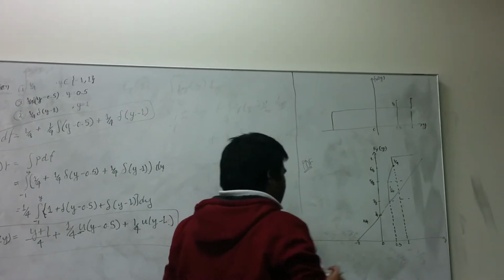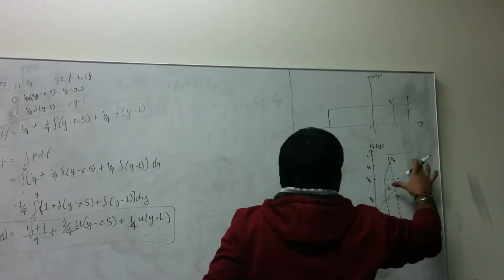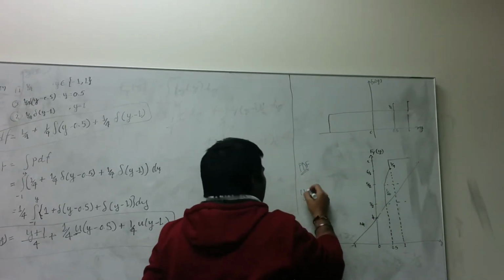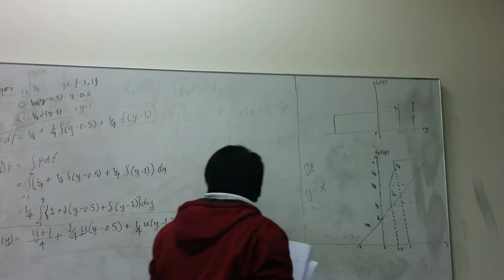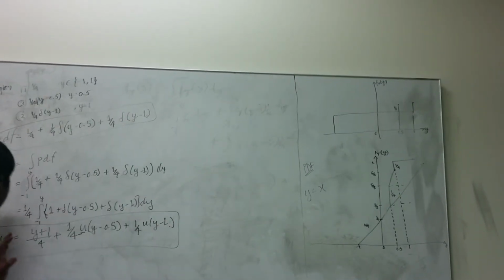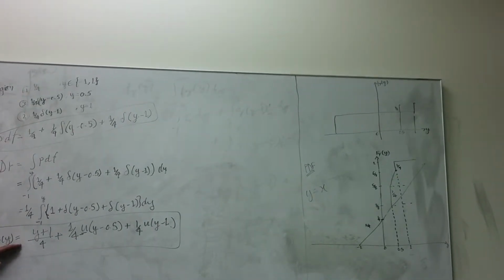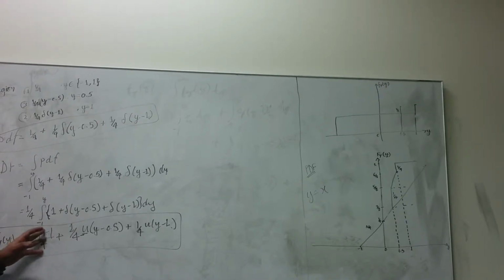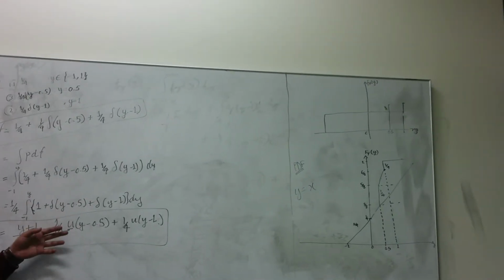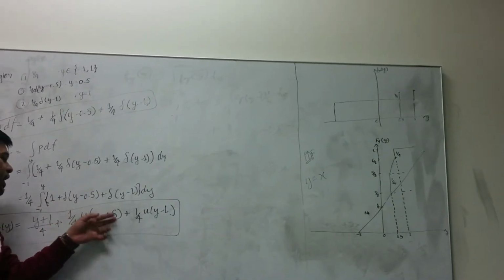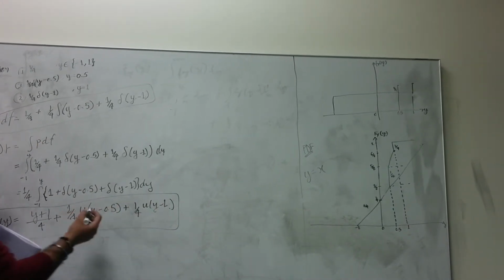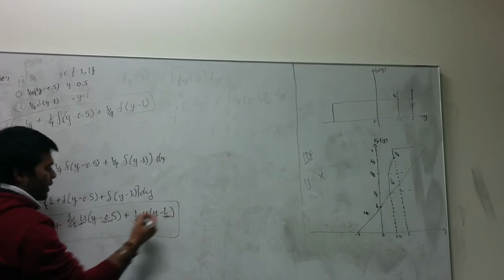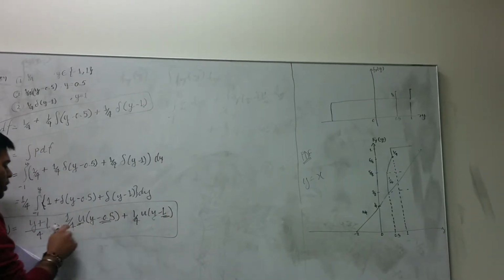We are given that from minus 1 to 1, y is equal to x, that is a straight line. So we will first draw the line. Now, while calculating the capital PDF, we got the values (y + 1)/4 + 1/4 u(y − 0.5) + 1/4 u(y − 1). So we'll get the spikes at 0.5 and 1 of magnitude 1/4 each.